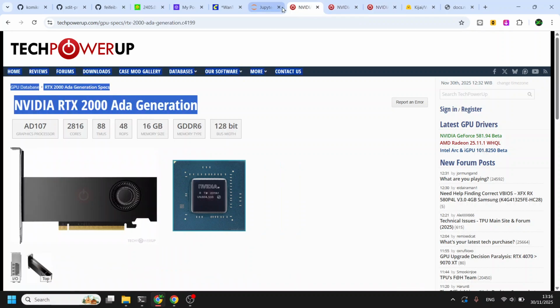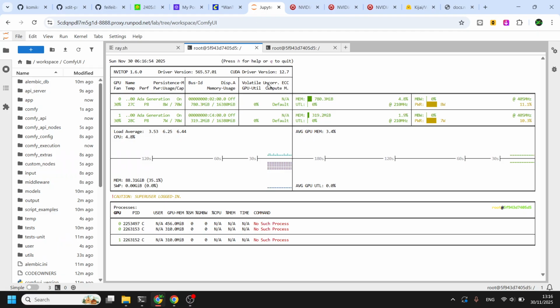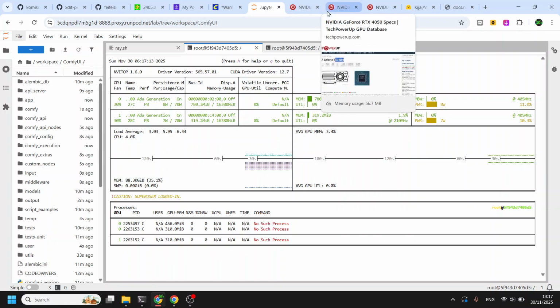So I will be using the 4050 for sequence parallelism. I 100% targeted 16 gigabyte cards as my main goal, since it is the most common denominator among GPU users in the ComfyUI or Stable Diffusion community, and it's the cheapest.